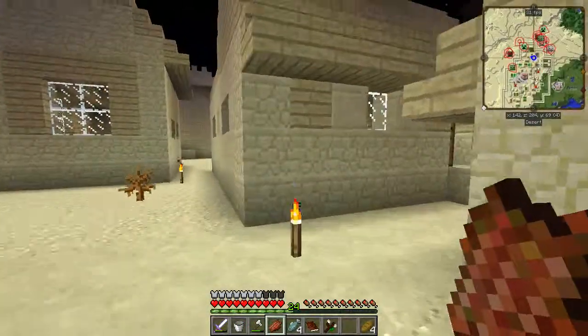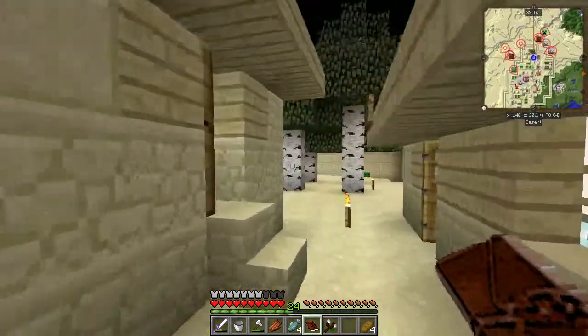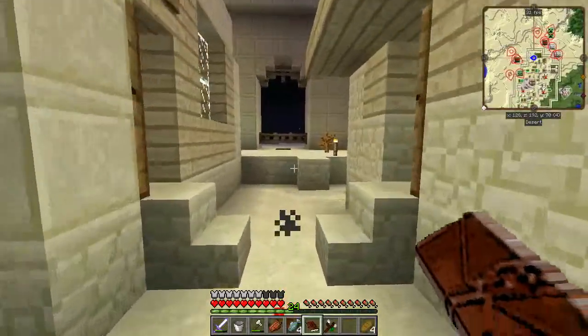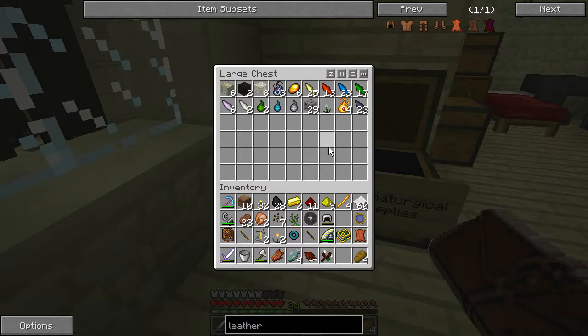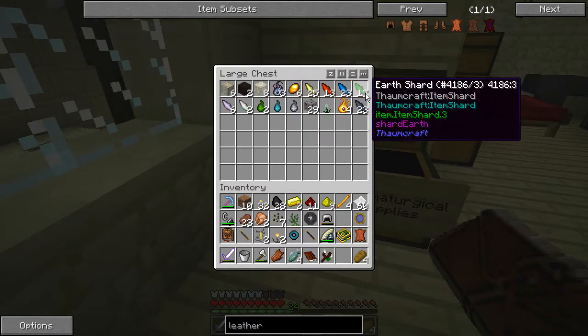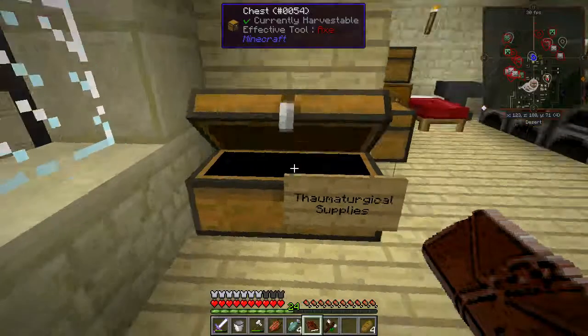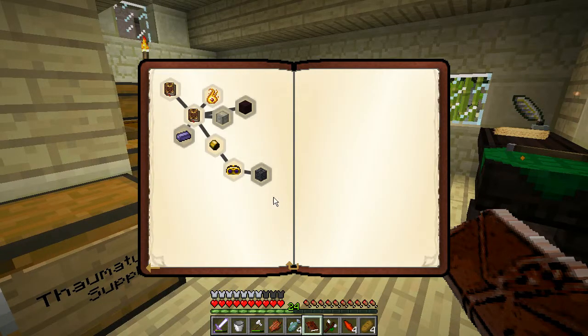Right. Can I now claim my reward? No, I cannot. Oh, pick one. I see. Let's see what I have the least of, and I will get that. We have fire. Seems to be of the earth, water, air, and fire. Fire is the one we have least of, so we will get that. And that opens the next, which we will look at in the next